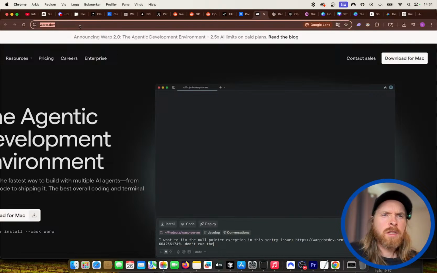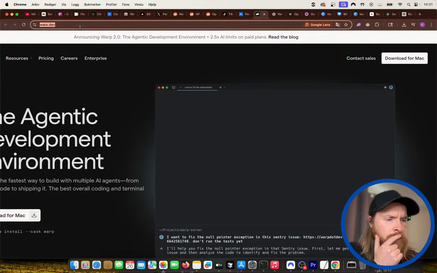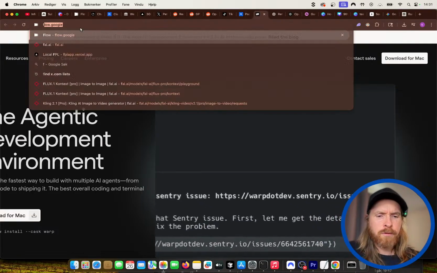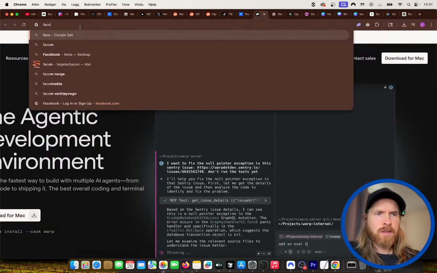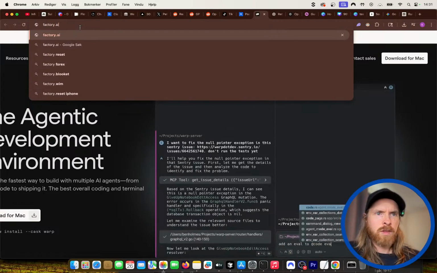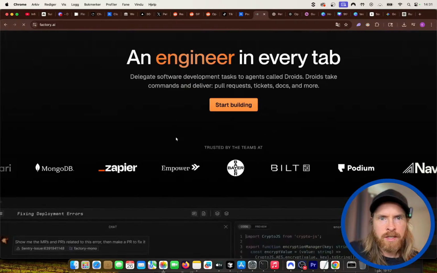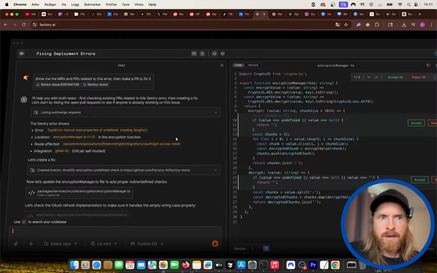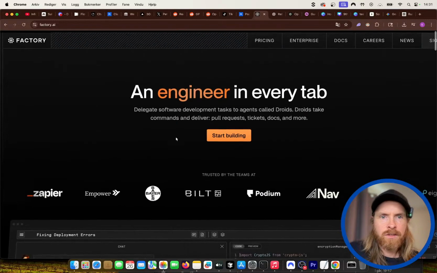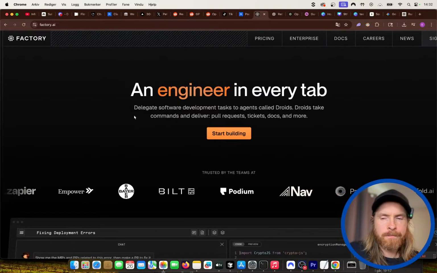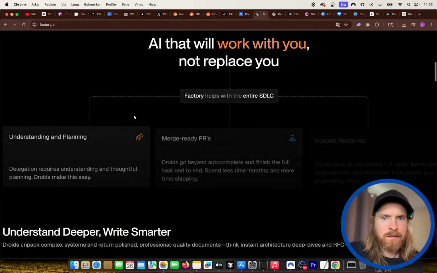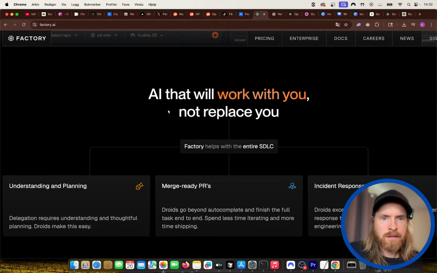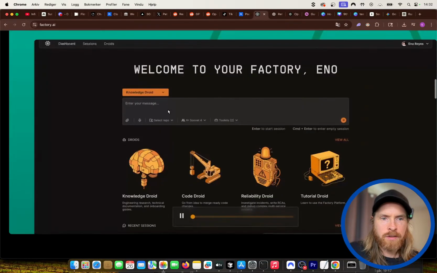Okay, so there was another company too that contacted me. Was it Factory.ai? They also have an agentic engineer. Haven't tried it. Factory AI? I might try it.